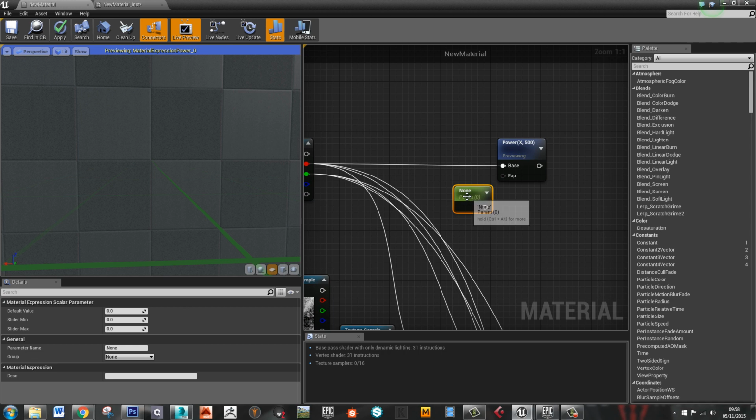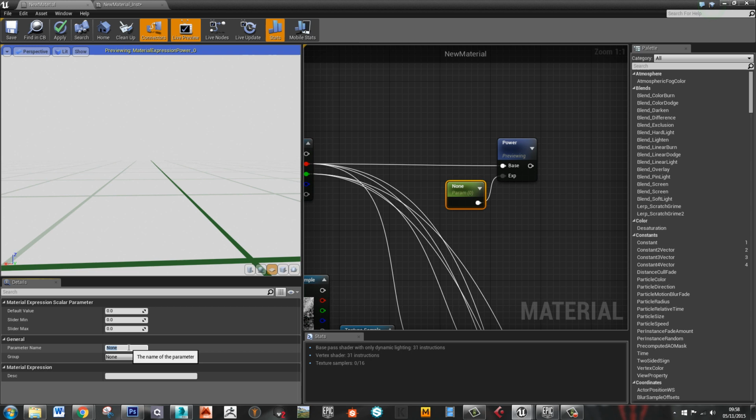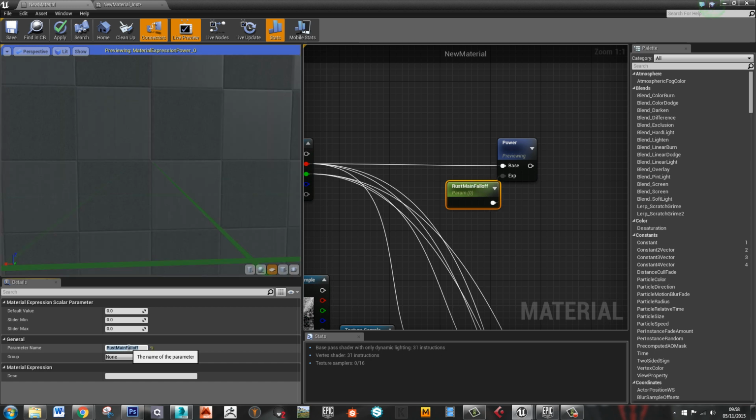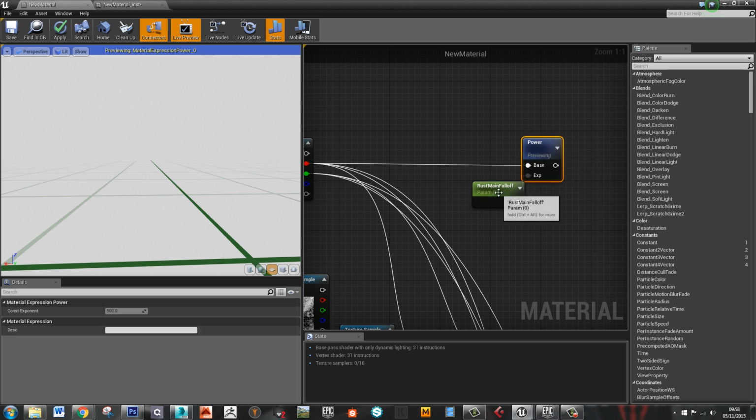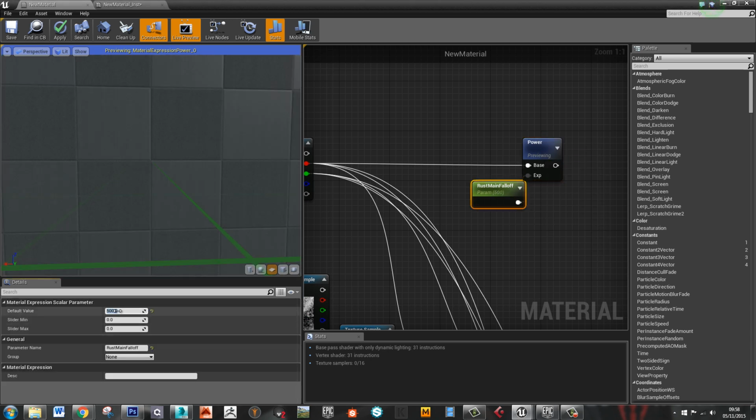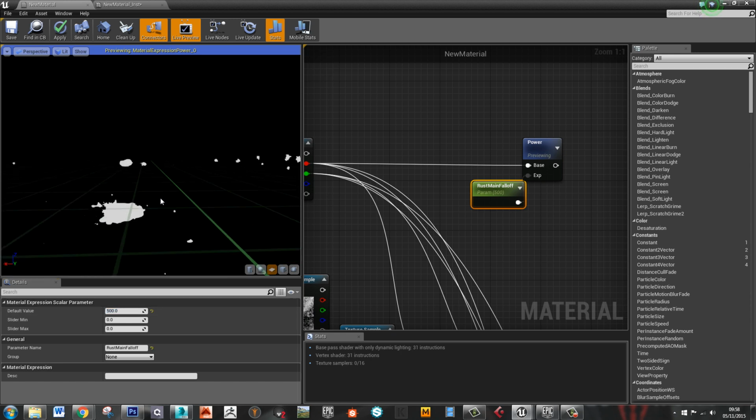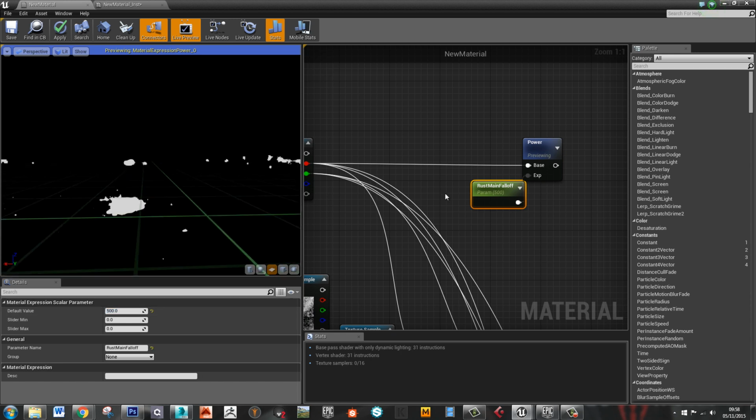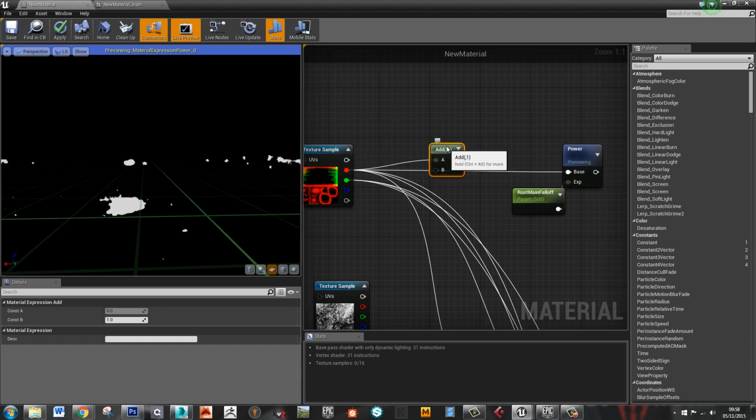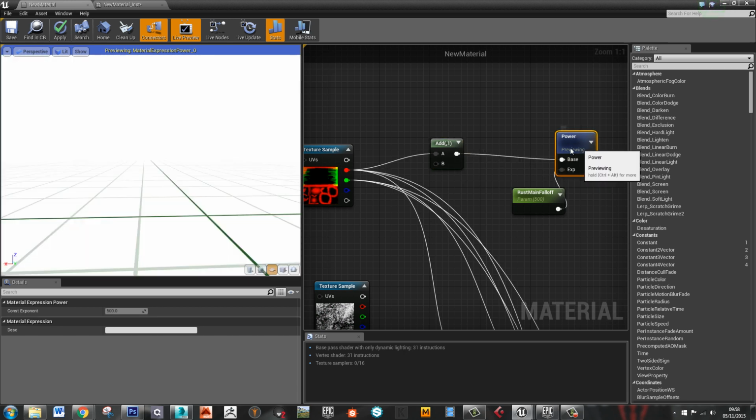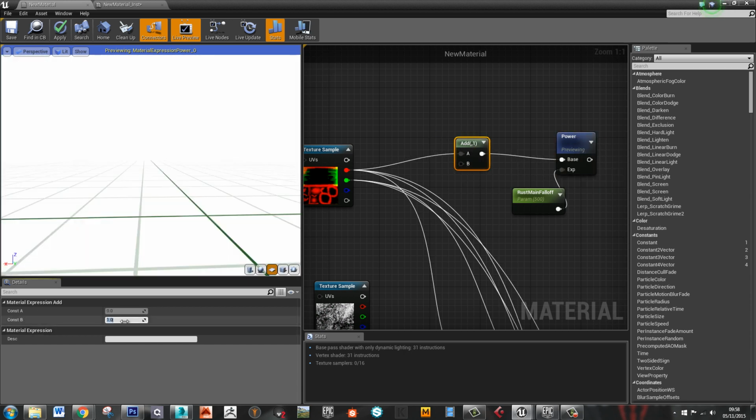So I can power that with a scalar value, and we can call this something like rust main fall off, something like that. Let's set that to about 500. But what we might want to do is to have a bit more of this rust as our kind of solid rust. So to do that, we'll just bring the values up a little bit before we put them into that power. So I'll just add a bit of something onto them. So if I was to add like 0.1,